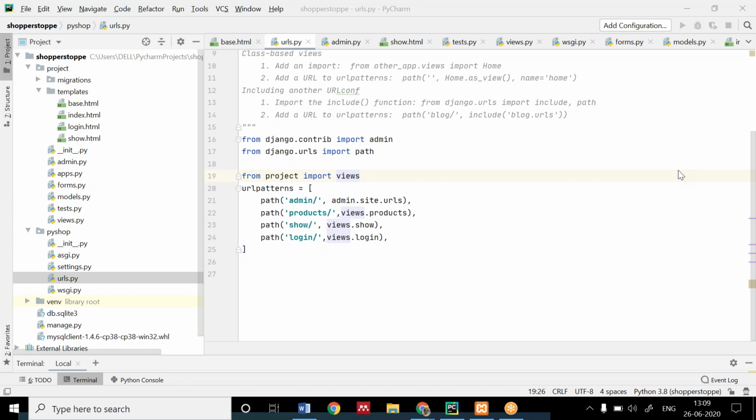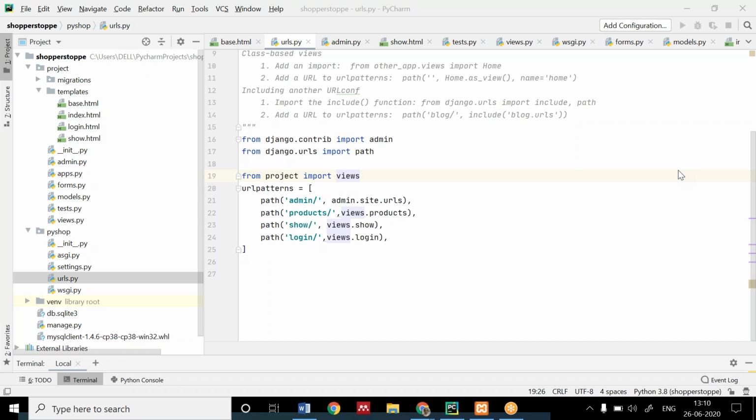Come on, run it fast. Anybody got the output? Can you tell me if you have got the output?